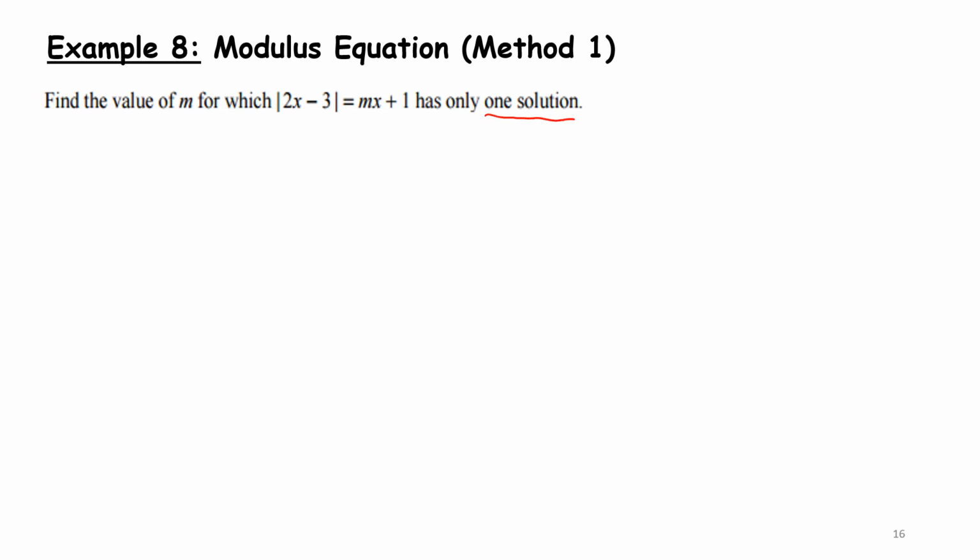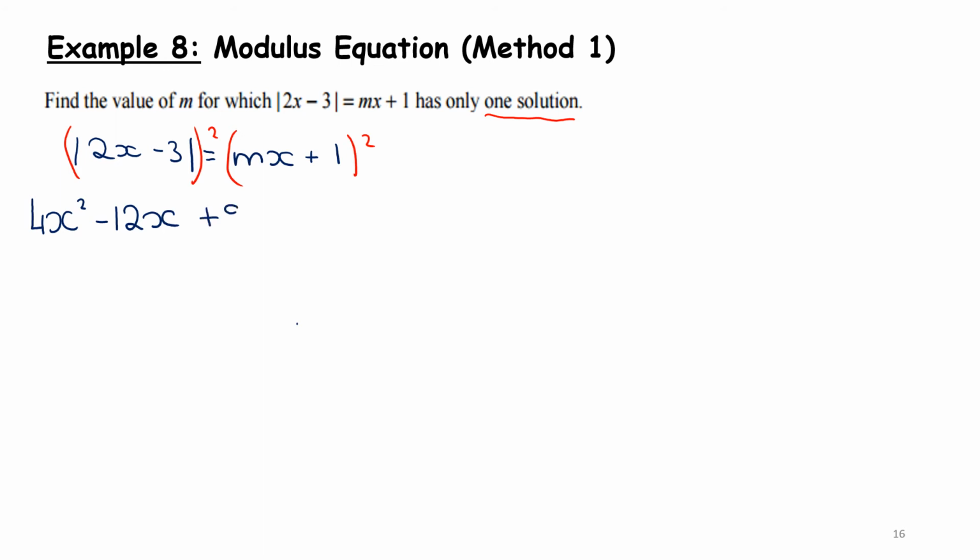So what we're going to do is take the equation that we have, the absolute value of 2x minus 3 is equal to mx plus 1. And because we don't know whether the 2x minus 3 was positive or negative, we're going to square both sides. So remember, when you square an absolute value or modulus sign, you need to actually square it. Nothing cancels out. So we get 4x squared minus 12x plus 9 equals,